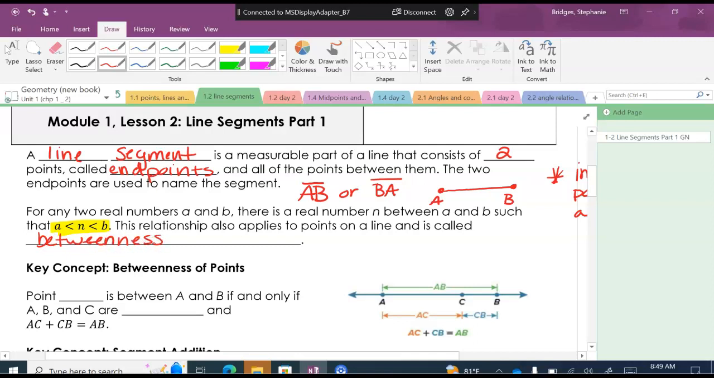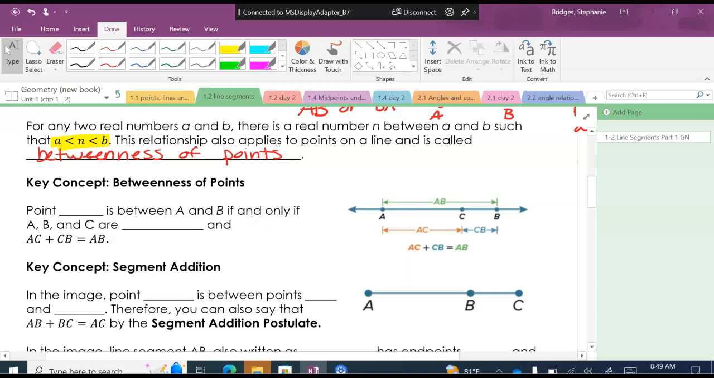Okay, betweenness of points. No matter what, any 2 points, you can always find a point in between them because points have no size and no shape. So pretty okay with that? All